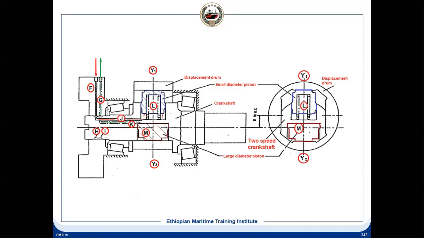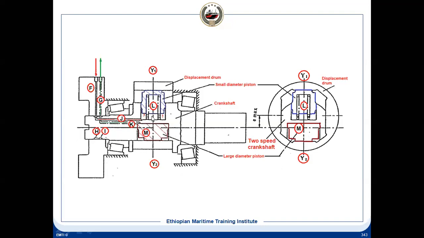Suppose we want to change the speed, what will happen? There is a selector through which F, suppose F is getting pressure, and by changing that valve, we can change the direction of flow. So here the red line which you are getting from the end cover will enter, and in the crankshaft there is a groove through which there is oil. This is the groove H and I, and there is an oil passage internally.